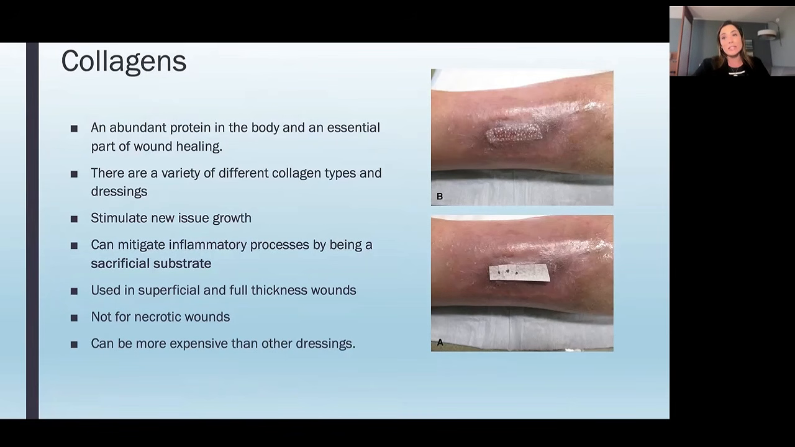What's also really nice is that a lot of them are resorbable, meaning that your body uses them up, and then it's not like you're stuffing it in the wound and taking it back out. Your body uses it and then it kind of disappears. So if there's collagen in the wound base when you go to change the dressing the next time, then your patient's wound may not need a collagen if it's still hanging out there